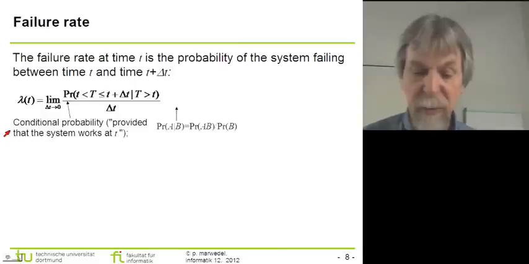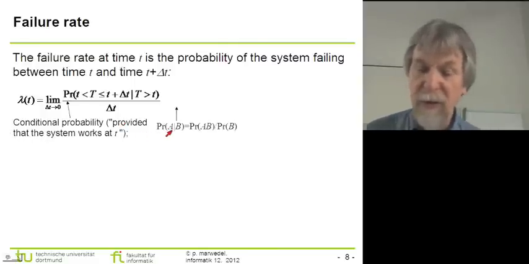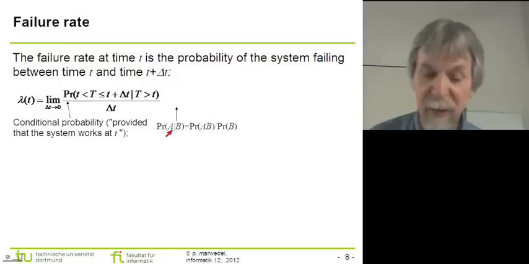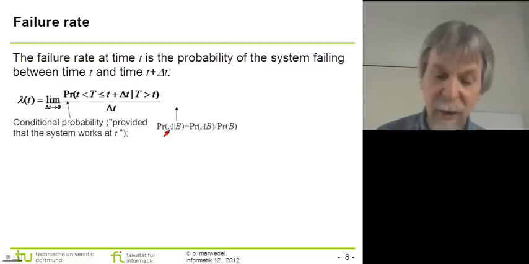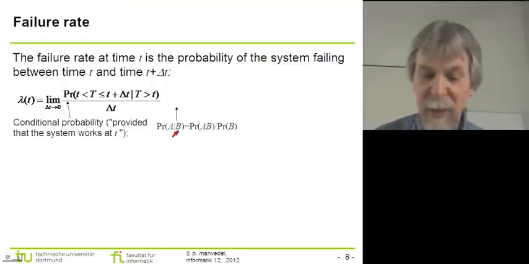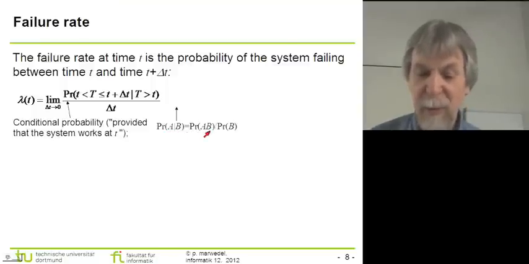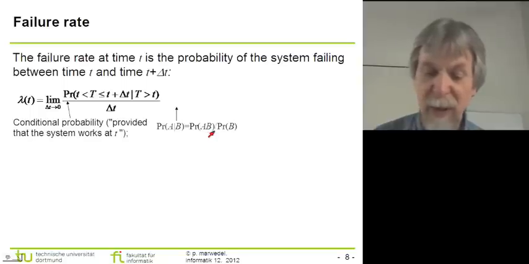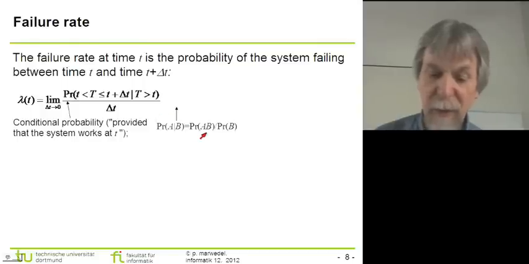Now for conditional probabilities we have this equation which should be well known from statistics. According to this hopefully well-known equation, the probability of A to happen provided that B happened is equal to the joint probability of both A and B happening divided by the probability of B. Now we can compare that to the equation that we have up here. The probability of B corresponds to this term that we have over here,